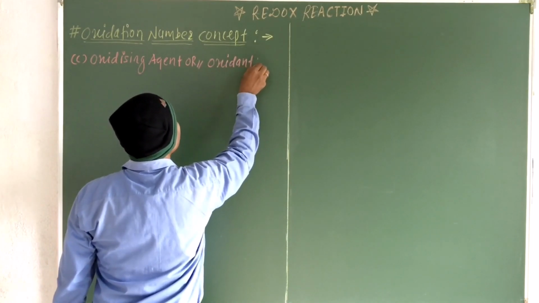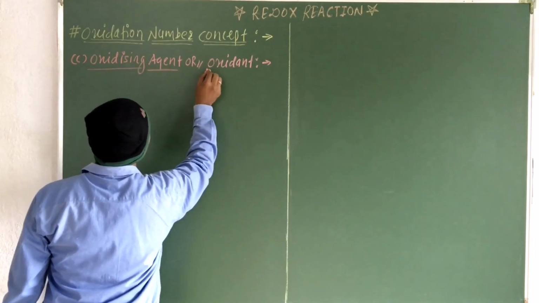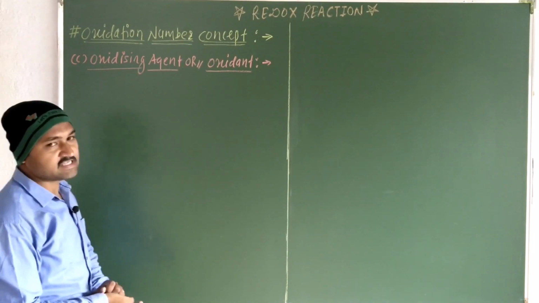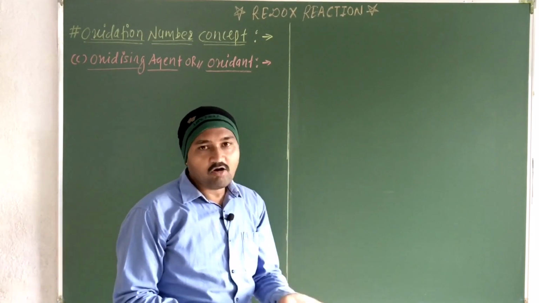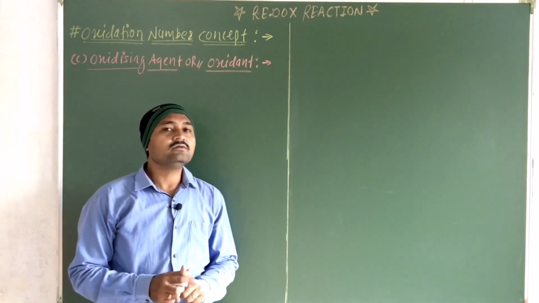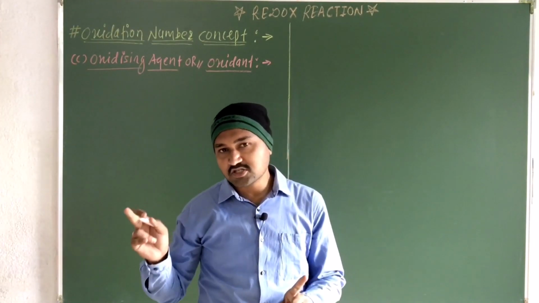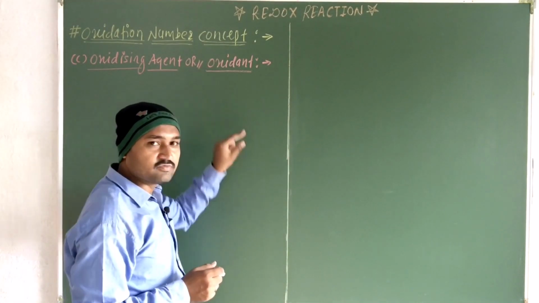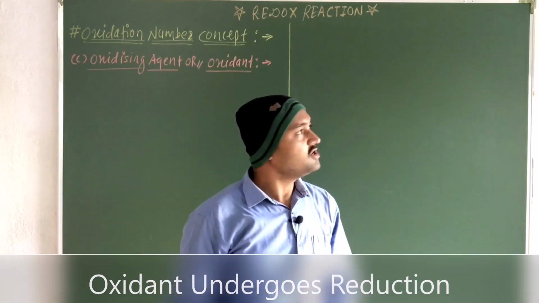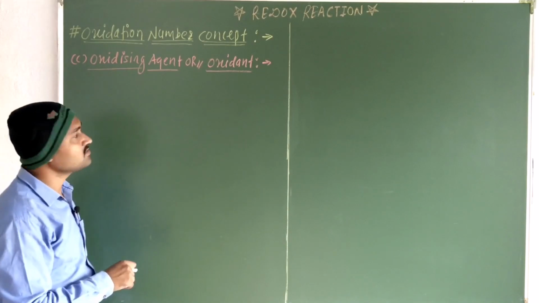Okay, so previously we have defined that term by using different concepts. Now here we are going to use the oxidation number concept. How can we define the oxidizing agent or the oxidant, or reducing agent or the reductant? Remember students, you have to write down exactly the opposite definition of the oxidation process for your oxidizing agent, and exactly the opposite definition of your reduction reaction for your reducing agent. Okay, let us define what exactly the oxidizing agent or oxidant is.